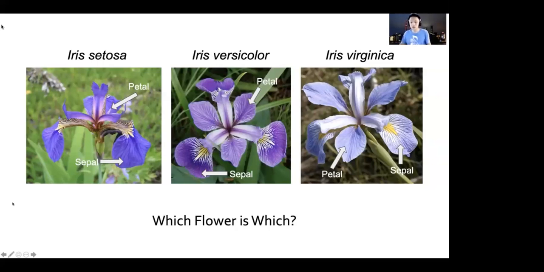Yeah, I think color is a really good thing here. This might be biased because of the specific flowers that we're looking at, but it looks like the setosa flower is a little bit of a deeper purple than the virginica, which is sort of washed out. And then maybe the versicolor lies somewhere in the middle. So this is a really good suggestion. Anyone else?